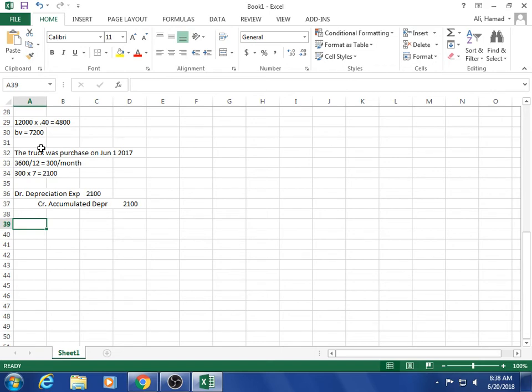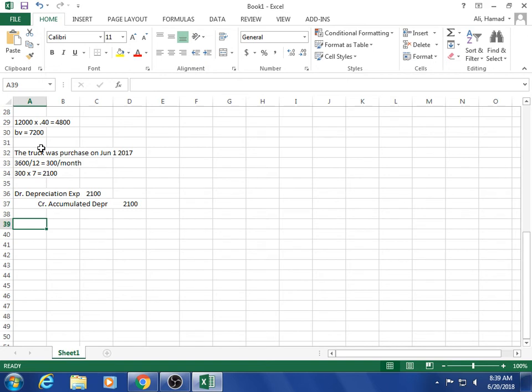How do we figure out the depletion? If we go back, it's the same thing we mentioned for the straight line method. Look on page 384. On page 384, you will see depletion cost per unit is equal to cost minus residual value divided by the